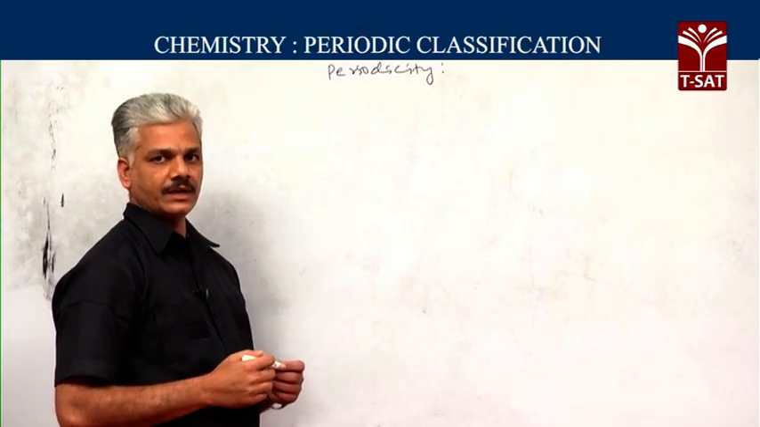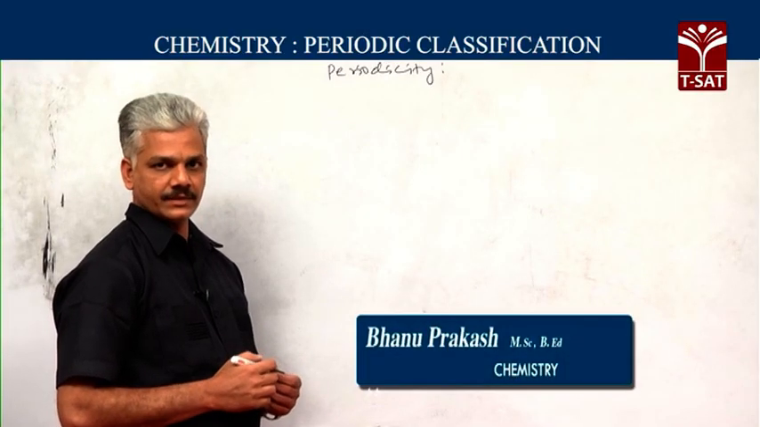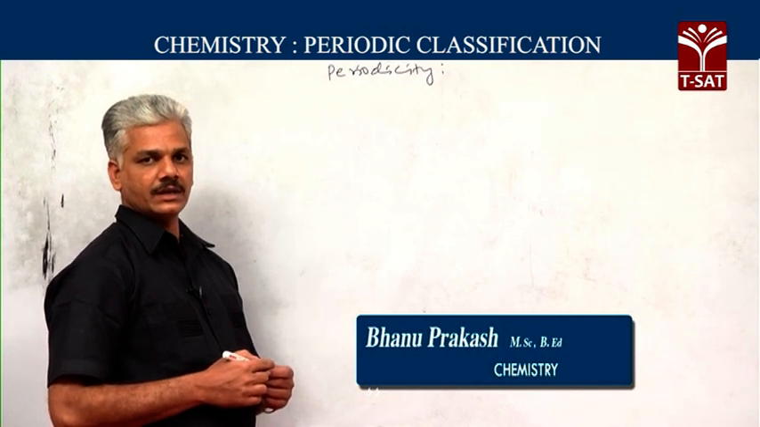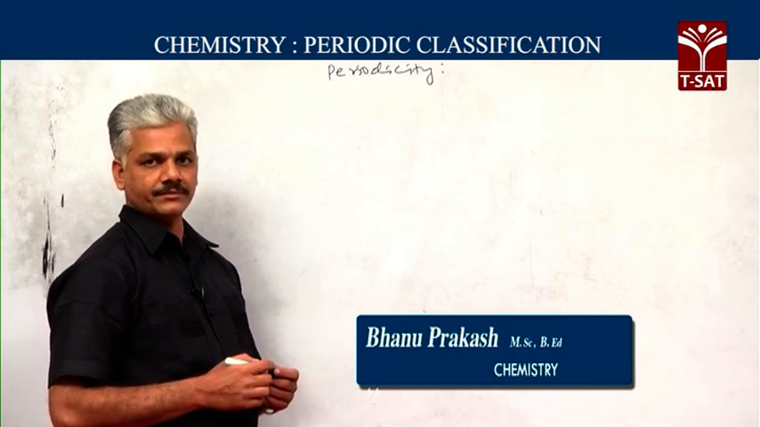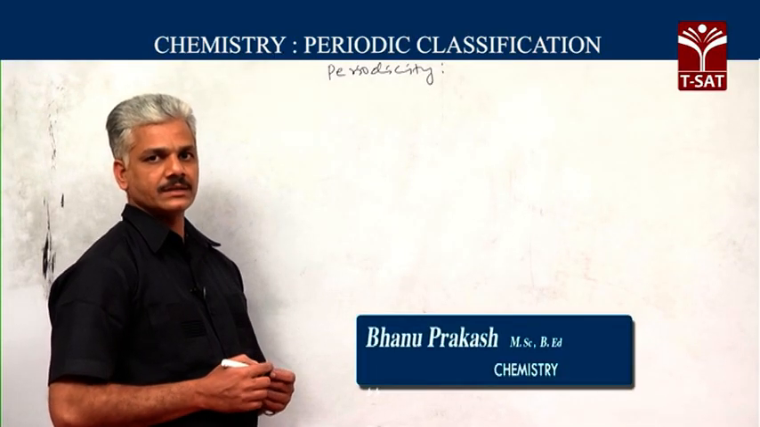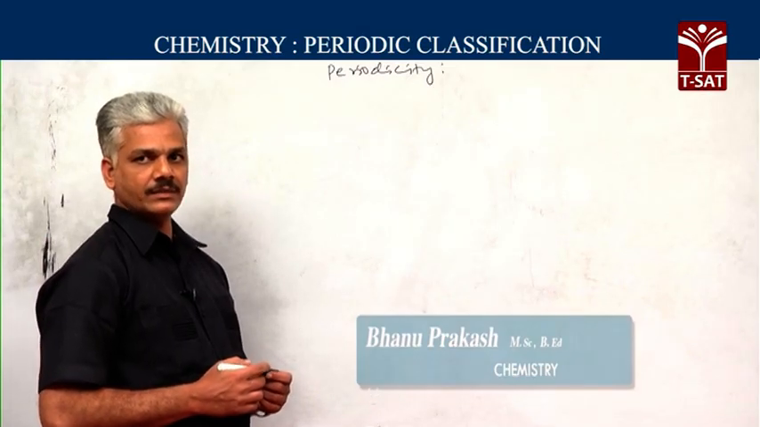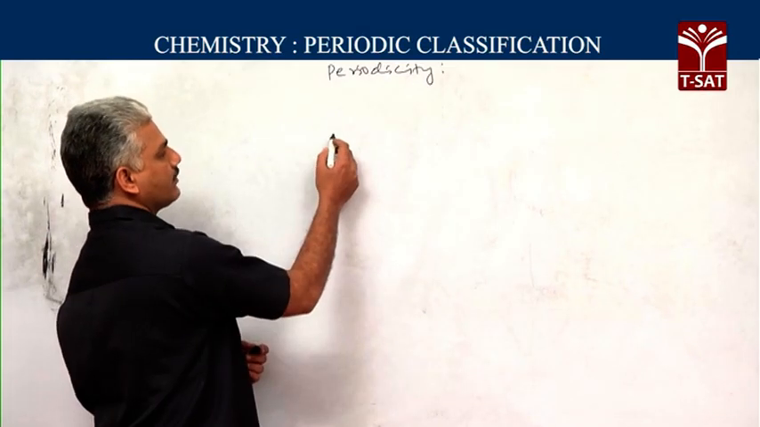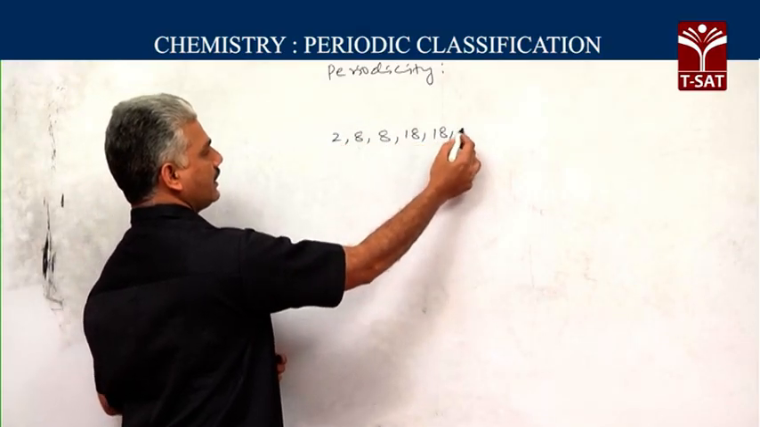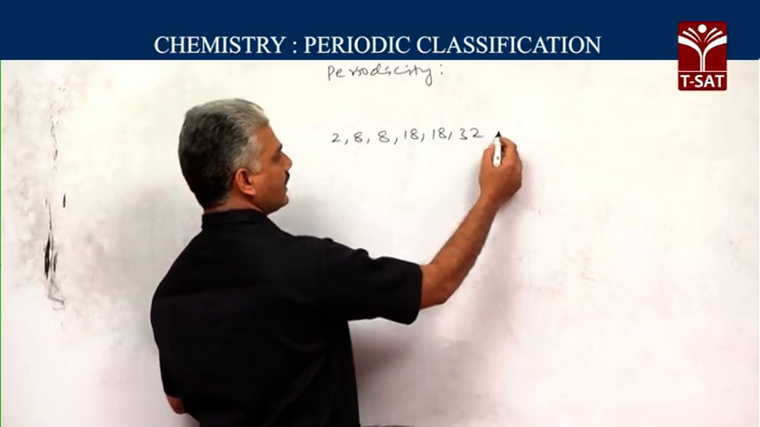Anything that gets repeated at regular intervals is called periodicity. Say for example, in a year, seasons are repeated at regular intervals of time. Similarly, in the periodic table, some of the properties get repeated themselves at regular intervals of atomic numbers. The atomic number intervals are 2, 8, 8, 18, 18, 32. These numbers are referred to as